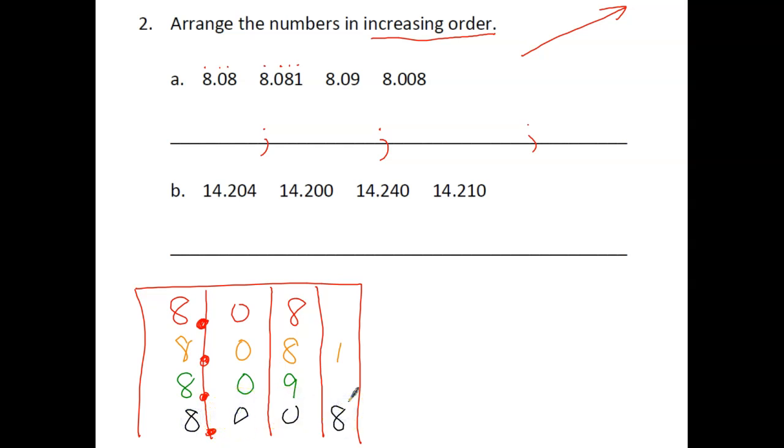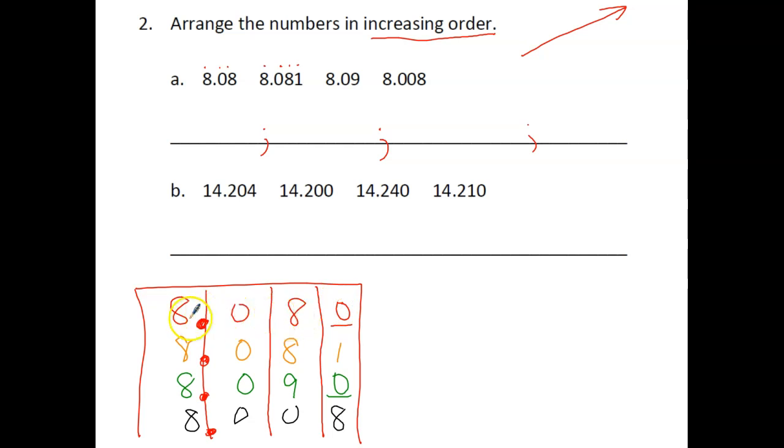So if you notice, my red number, 8 and 8 hundredths, only has 3 place value units. It has ones, tenths, hundredths, but no thousandths. Same thing with my green number, 8 and 9 hundredths. So I'm going to annex my zeros for those two just so that they have the same amount of digits as the other two numbers. So by adding that zero, I didn't change the number. I changed the name of the number, but I didn't change the value of the number. So it's still the same,